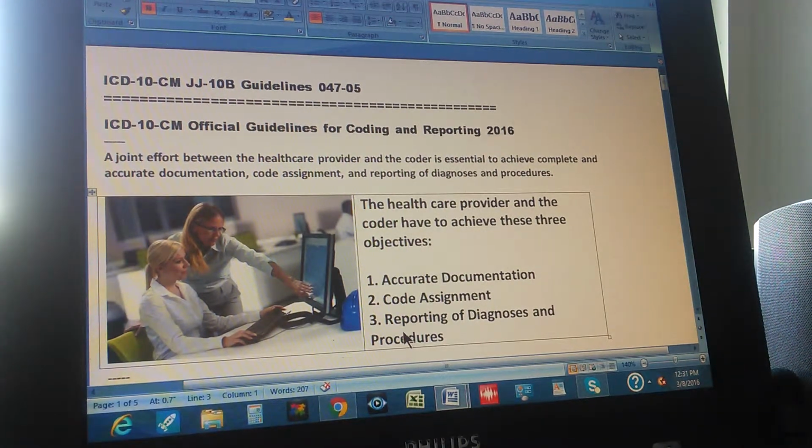And what do you have to achieve as number 3? Reporting of diagnoses and procedures. Right. You have to give information about every diagnosis that the doctor documents, and all the procedures that were done on the patient. Okay, these 3 things have to be achieved by the doctor here and the coder in very